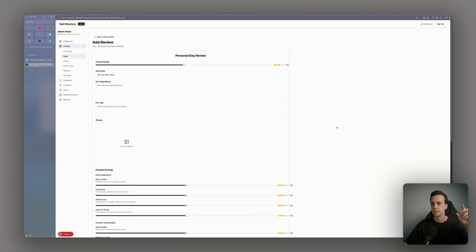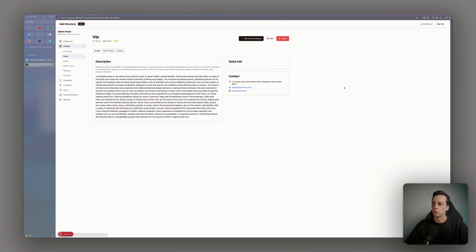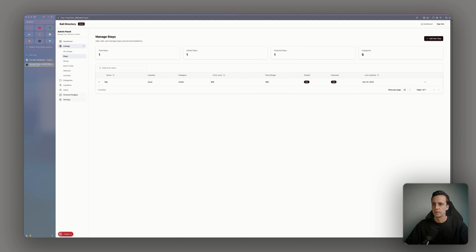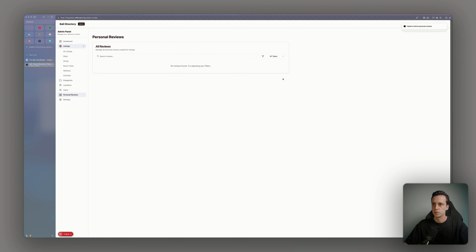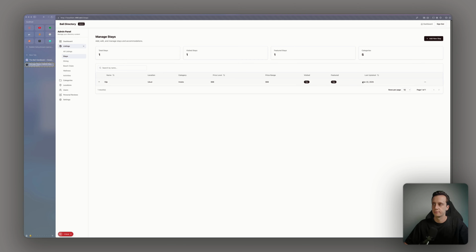I think in this episode, first thing, we're just going to fix the UI, so it's kind of what we like. I also don't like the UX. For me, it's very strange to navigate like this. What I would want is here, personal review, add a review, select the listing, and then just leave it. And then we have it all here. And maybe in the stays table, we just have personal review